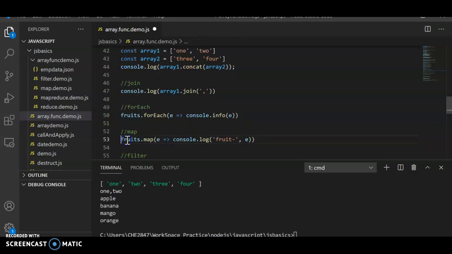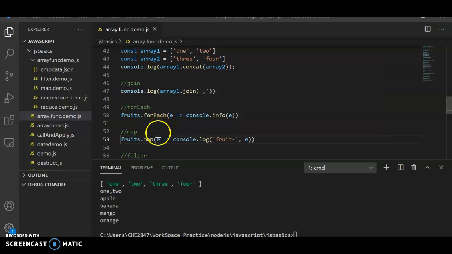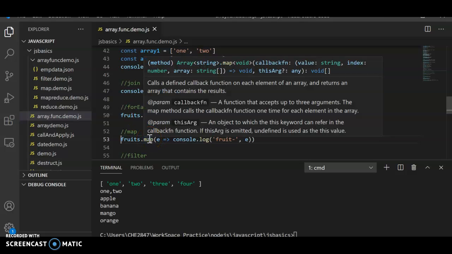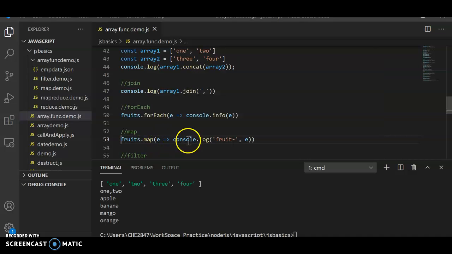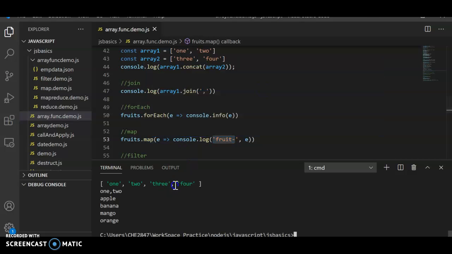And the next one is map. So map basically calls a defined callback function on each of the elements. It's similar to forEach. Yeah, this is also doing the same thing. But here it's going to return another updated array. See here the definition, it returns an array that contains the results.